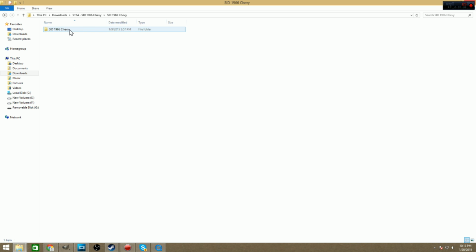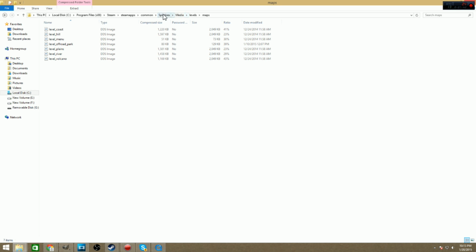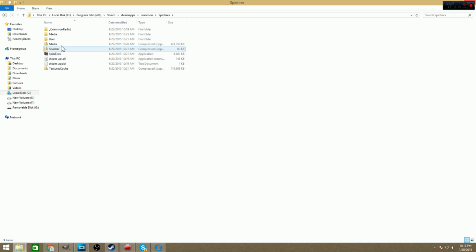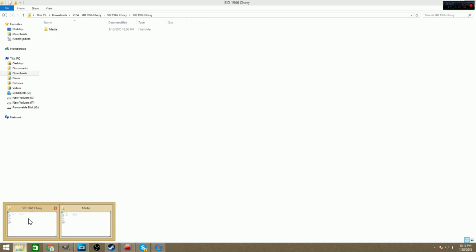You would double-click again, and you'd get a media folder. Remember, this is the unzipped media folder. You've got two different media folders in your Spintires directory: your zipped one and your standard one. You'll double-click on this, and as you can see, I have classes, meshes, textures. If you have not modded the game, you will only have videos in here. So what you need to do is go in here,